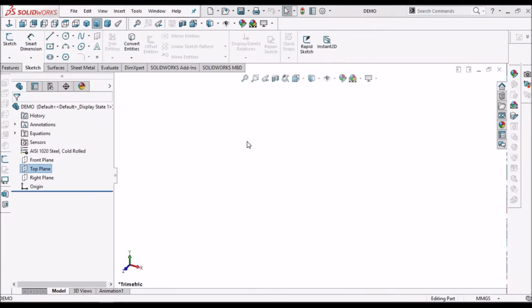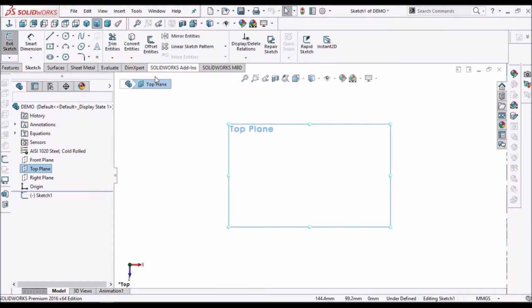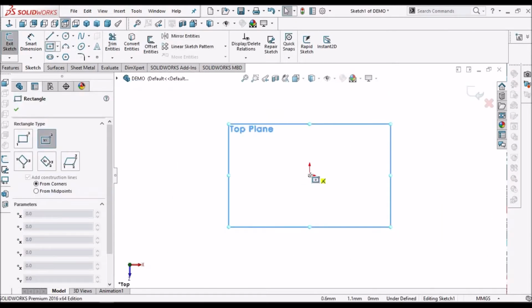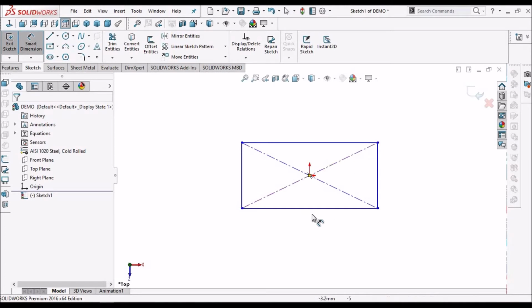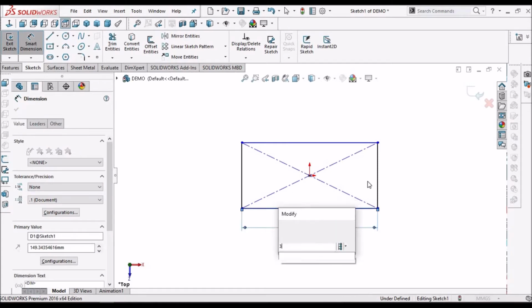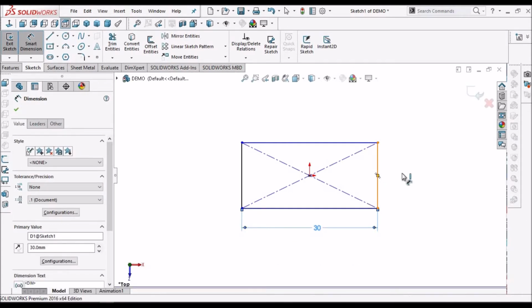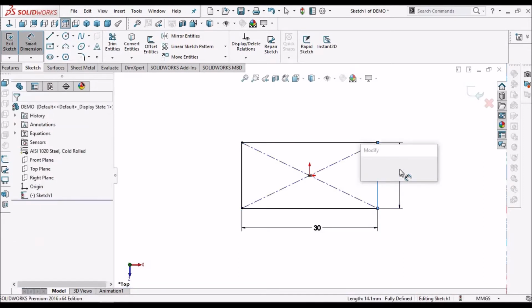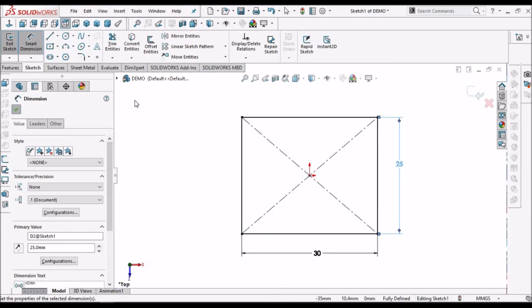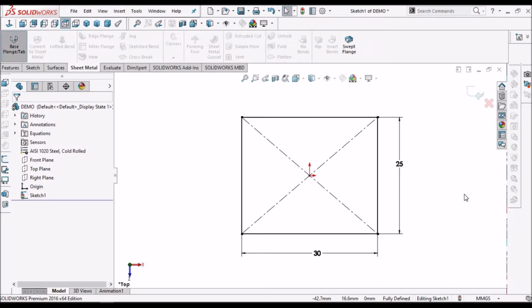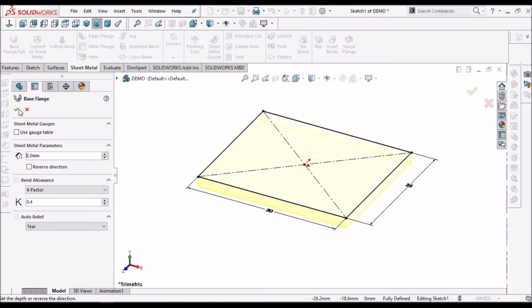So let's start now. Select the top plane, select the sketch, take base flange and 2 mm thickness, K factor is 4.